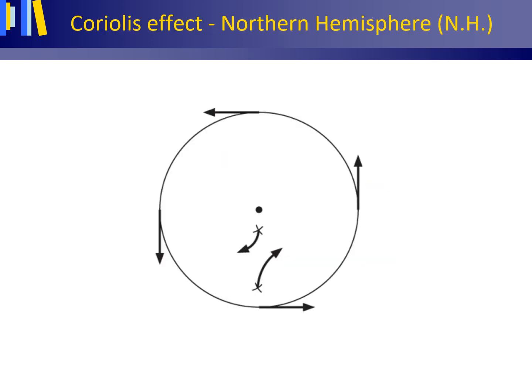There is a nice video on the online resource center, the web links, as well as on Blackboard. It shows you the Coriolis effect at the northern hemisphere, and for this a merry-go-round is used, een draaimolen. The merry-go-round is rotating anti-clockwise. De draaimolen draait tegen de wijzers van de klok in. You're sitting here, holding a ball in your hand, and your friend is sitting there, more near the center of the merry-go-round. You and the ball are experiencing large velocity in this direction, but your friend, because he's more near to the center, is experiencing a lower velocity in that direction.